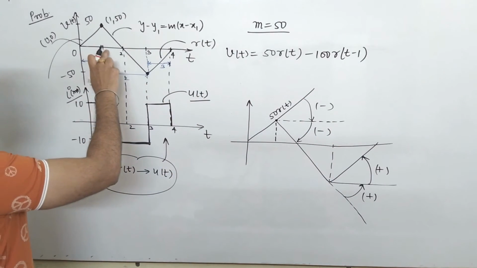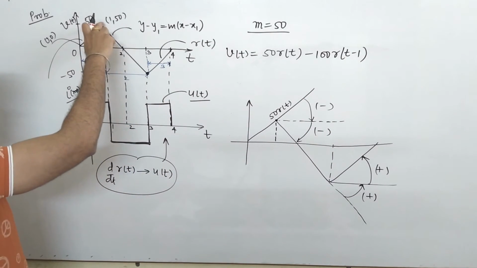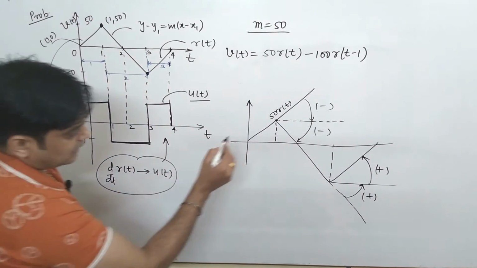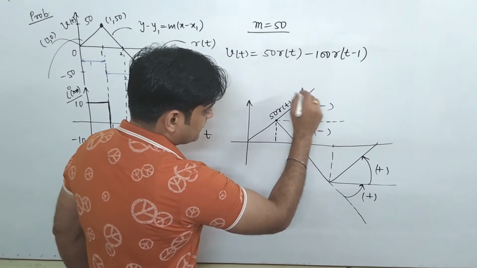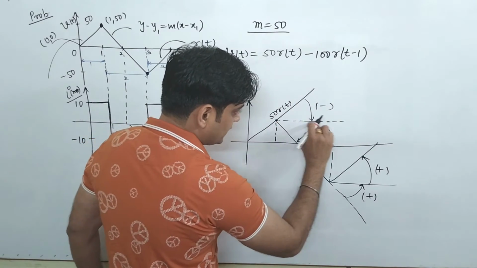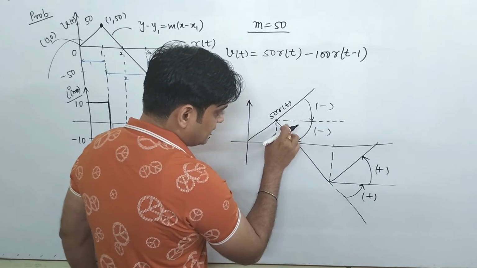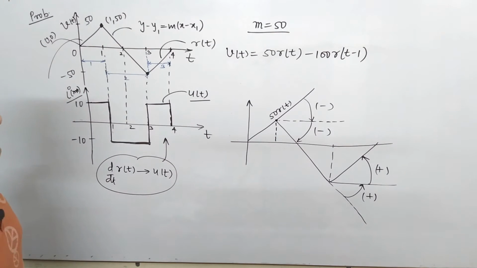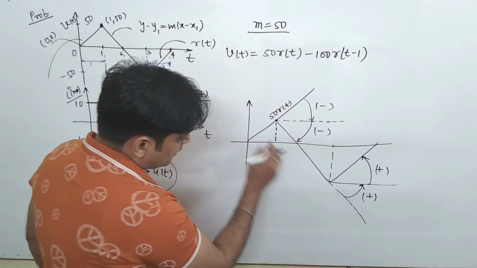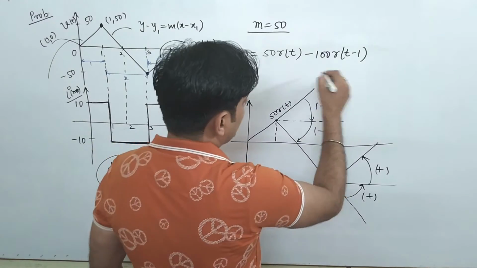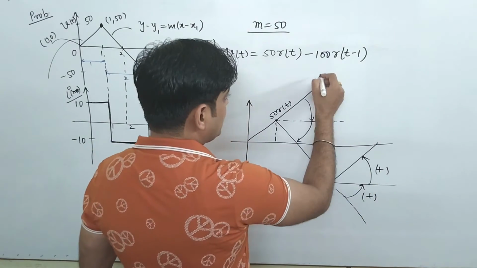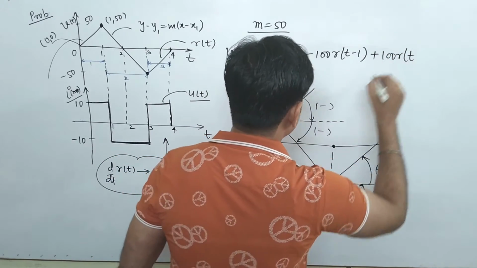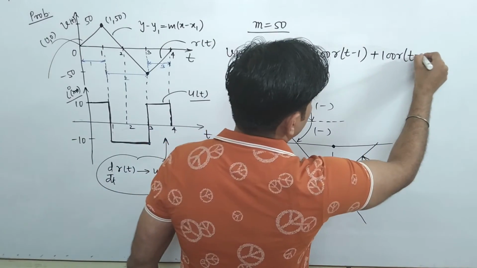Can you write for this value? Because at t equal to 1, this slope is changing by twice of this value. Why? As I mentioned here, when you decrease minus 50 r(t), it starts moving in this fashion, and once again you decrease minus 50 r(t), it starts moving in this fashion. So that comes to be minus 100 r(t minus 1). This is a direct trick I am giving you. Okay, now here at 3, if you see, you have to again add. So I can write here plus 100, the same slope we have to add here, at t minus 3.